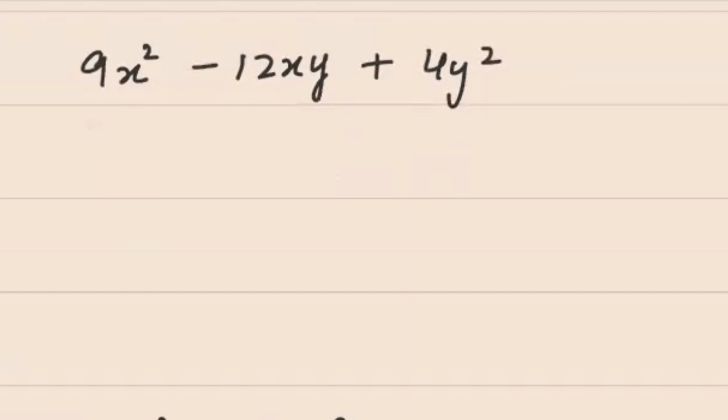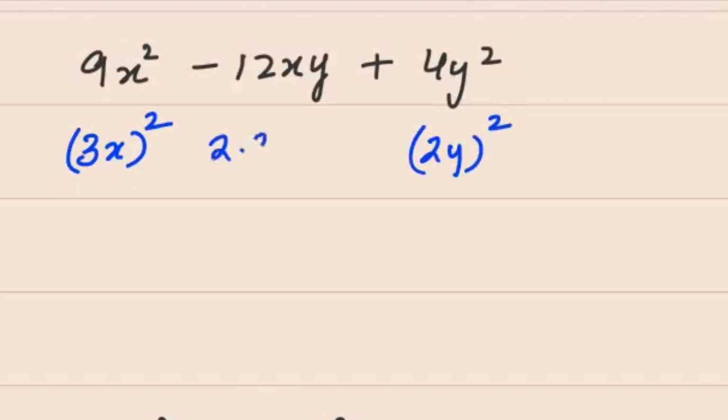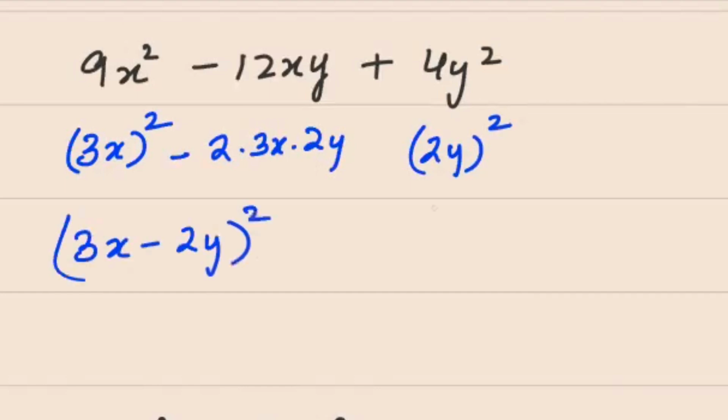In this, we can see this is of the form (3x) whole square. This is of the form (2y) whole square. Only if this condition is satisfied, we will go and see whether the middle term is of the form 2ab. So we will see 2 into 3x into 2y. Multiply it, you will get 12xy. Okay, so it's of the form (3x minus 2y) whole square, where we are using the identity a square plus